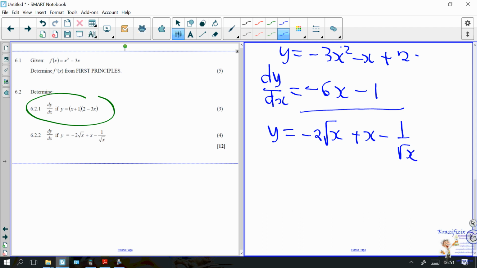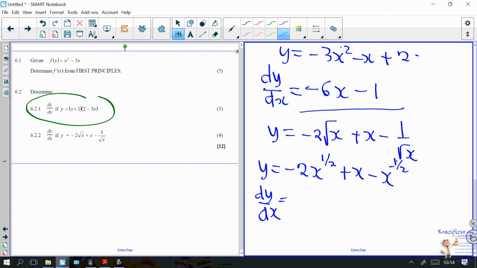What will this be? y equals negative 2x to the power half plus x minus 1. Okay, we can just quickly bring this. This is x to the power half. It becomes negative half because it is the exponent there. All right, so what do we have here now? We are going to have our dy/dx equal to,